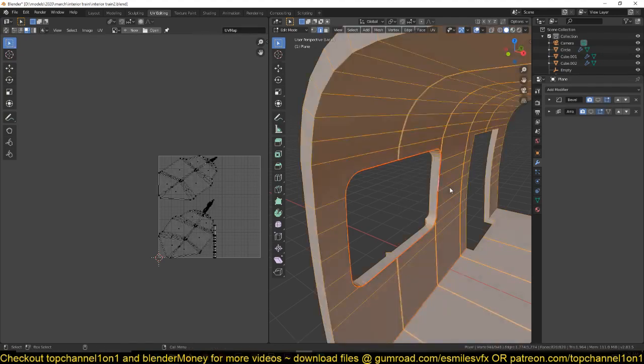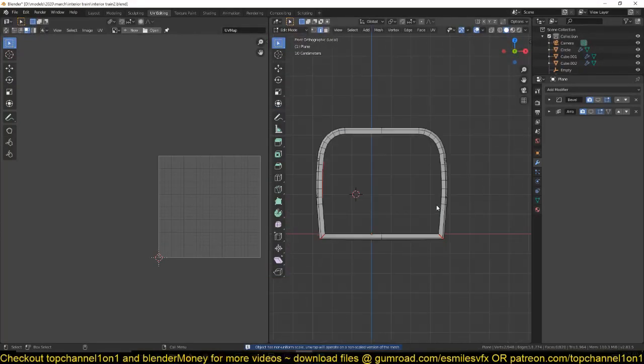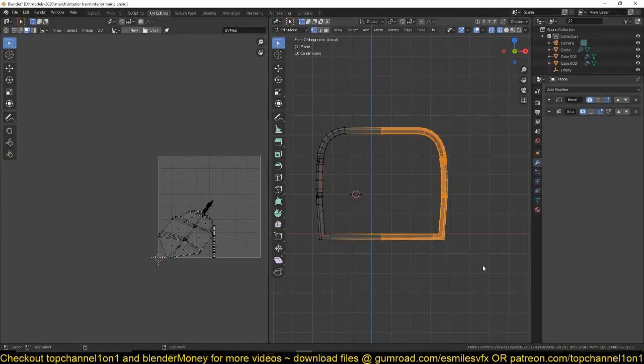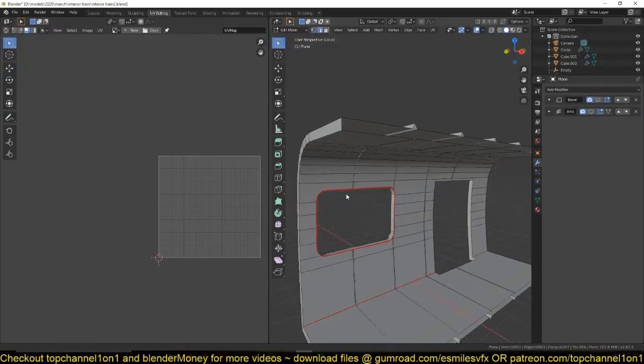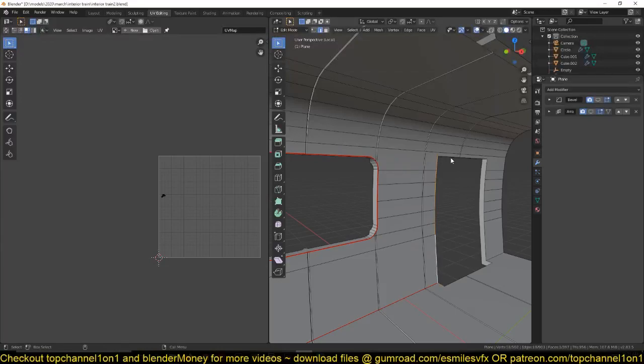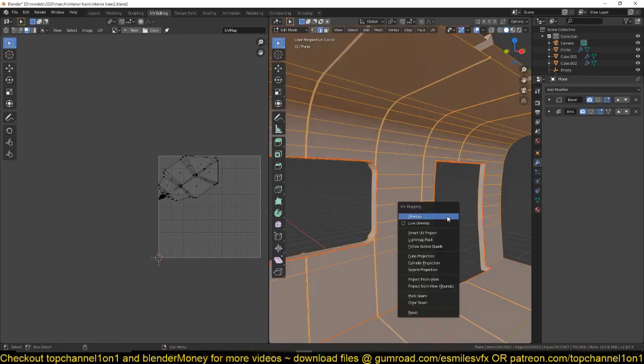Control E, Maxim. If I unwrap, this is what we have. I should actually just work on this side, and then we'll UV unwrap. We'll apply the mirror after we UV unwrap this correctly. Maxim. There's an option to live UV unwrap,